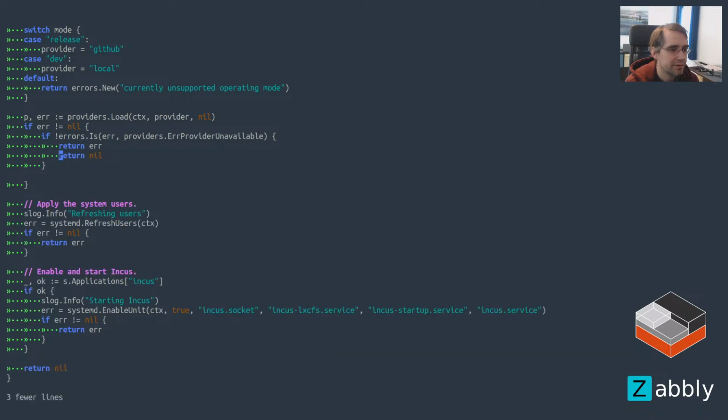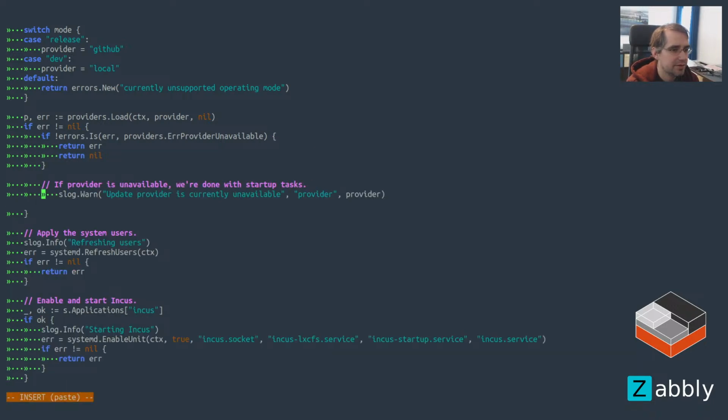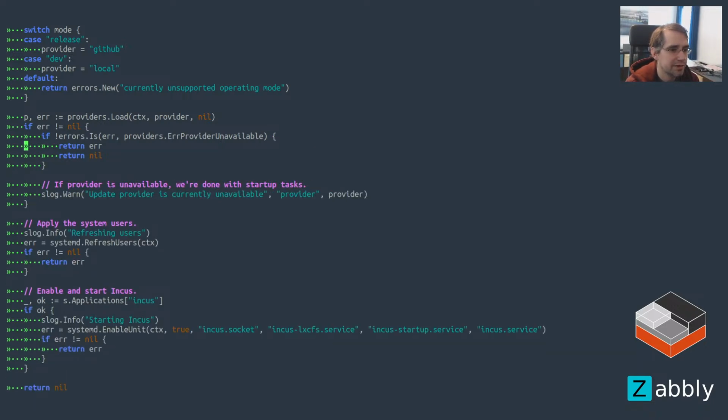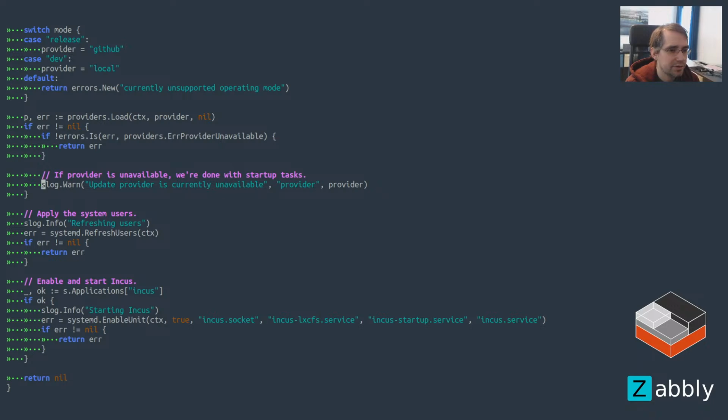If the provider is unavailable, then we want to know about it, but not fail. Just the detail. Let's just put the message that provider is currently unavailable, and then the actual call to